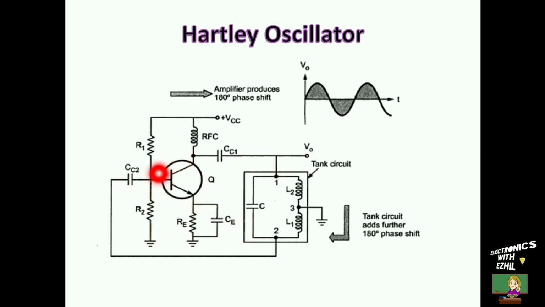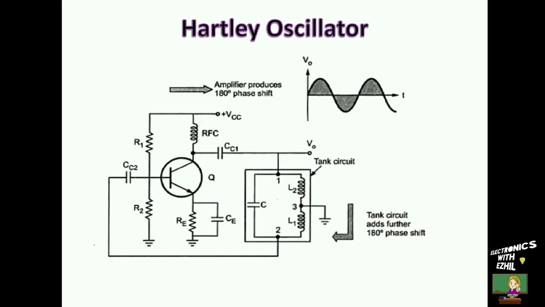Common emitter amplifier provides a phase shift of 180 degree. As the emitter is grounded, the base and collector voltages are 180 degree out of phase with each other. As the center of L2 and L1 is grounded, the voltage at the point 1 is 180 degree out of phase with the voltage at the point 2. Hence, the feedback network also produces an additional phase shift of 180 degree. Thus, the total phase shift around the loop is 360 degree or 0 degree, which satisfies the required condition for